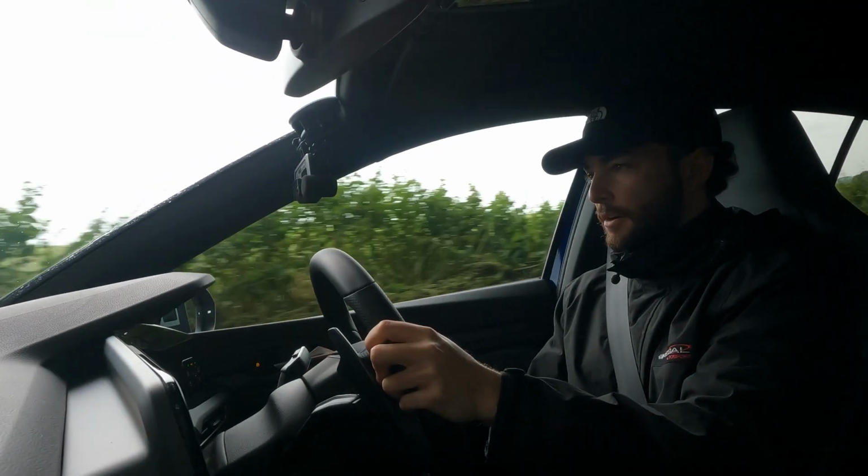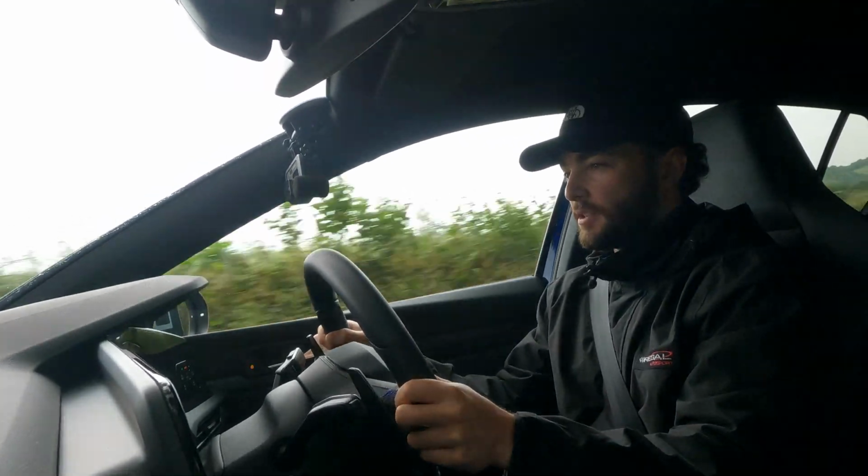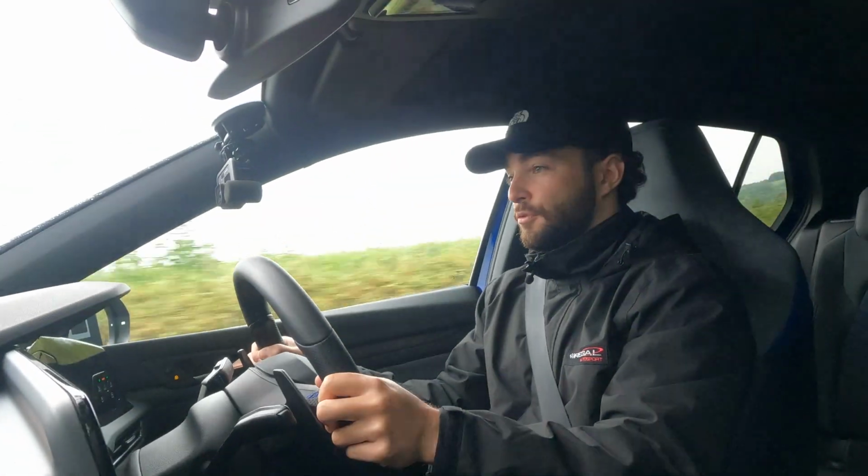So we're going down some of the back roads now. I'll be really interested to see how this performs on track, because it's a tangible improvement on the road,